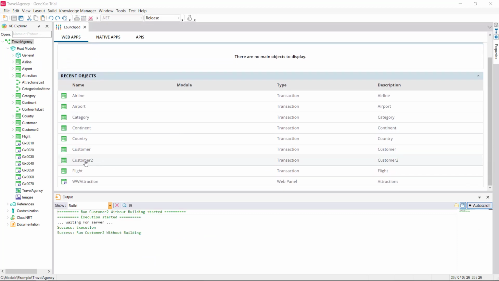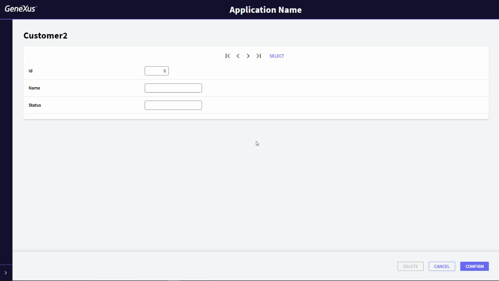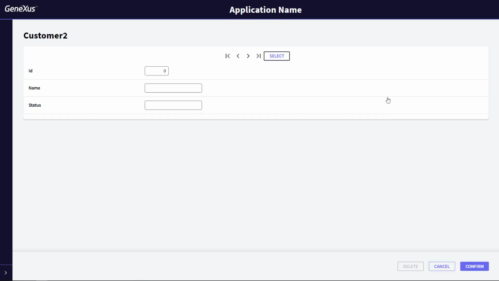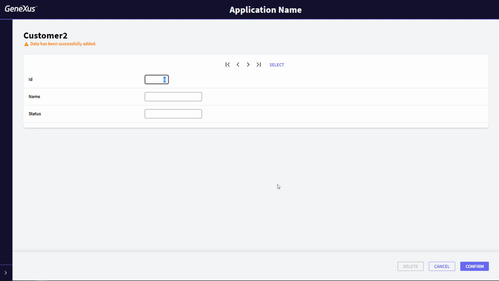Now we'll open the Customer 2 transaction. Remember that through the Customer 2 transaction, we access the customer table of the external database. We can see the records that have already been entered. For example, we enter a new customer and we can see that the record was entered successfully.